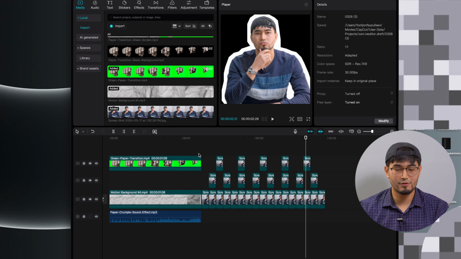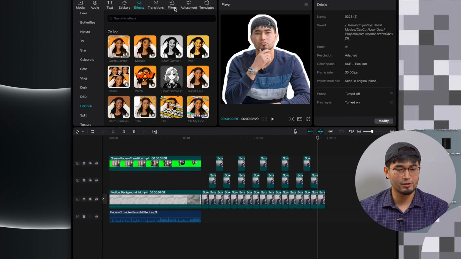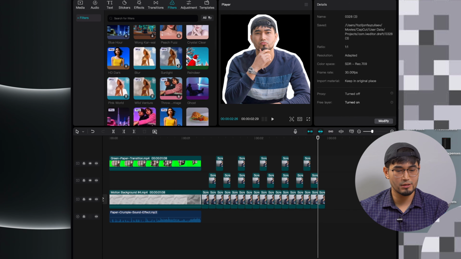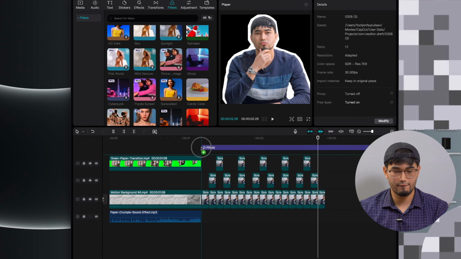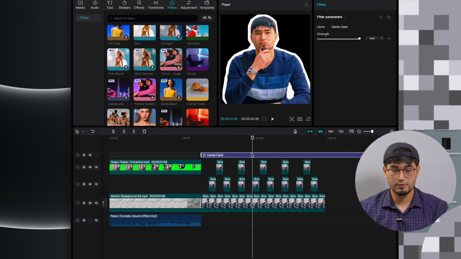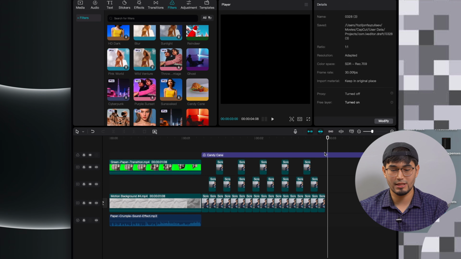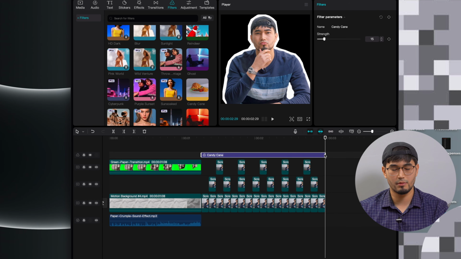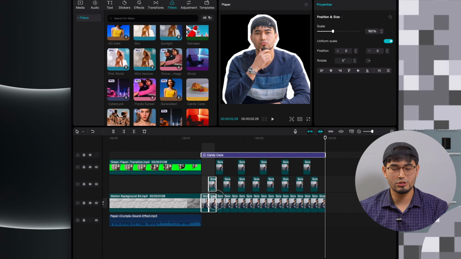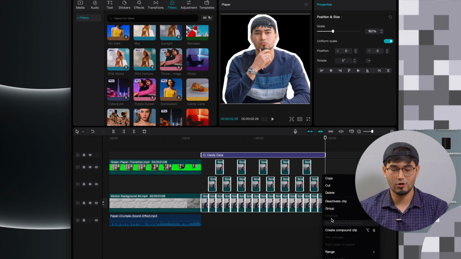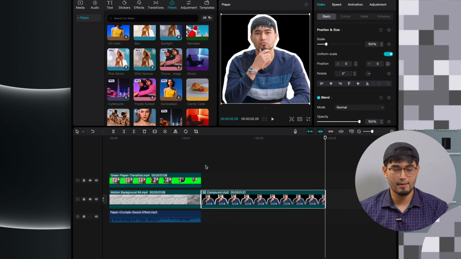But once you have everything ready, just to make things even better and pop a little bit more, I like to go to filters and specifically choose this color candy cake filter, and then just leave this at around 15 or 17%, like so. That way your image has a lot more color and just pops a little bit more. Cut out at the end. And now you can select everything, right click and then create a compound clip. Alternatively, you can do Alt G or Option G on Mac, and boom, just like that,